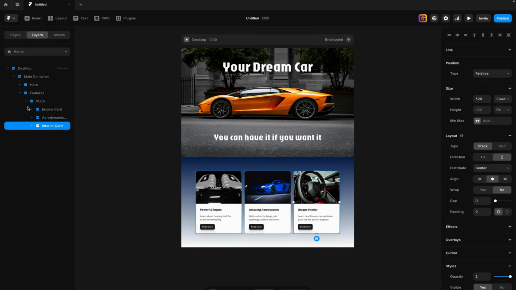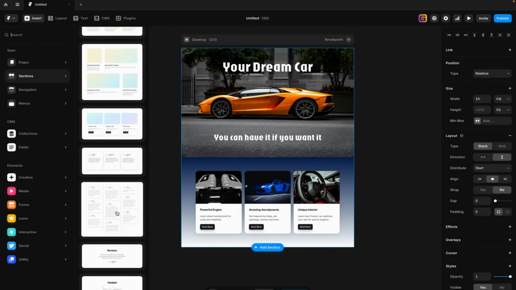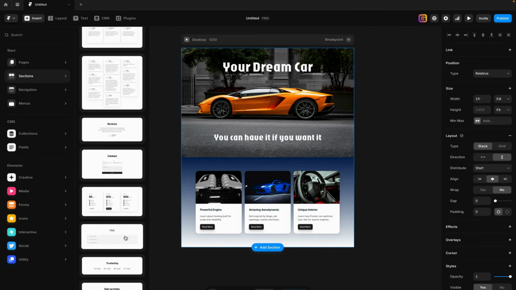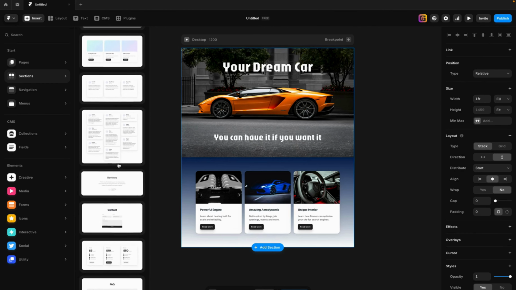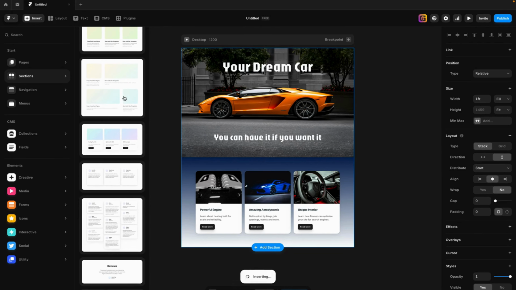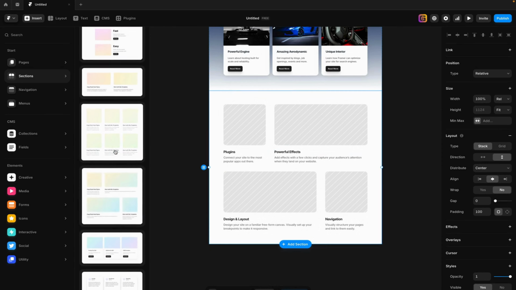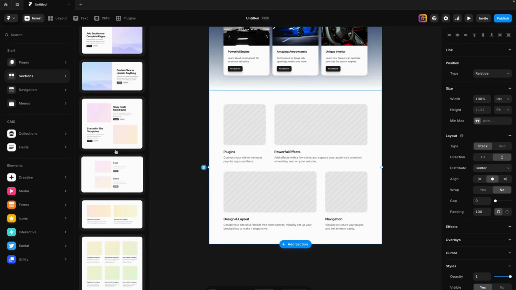There you go. All right, and now let's select the main container and let's add another section. Let's say insert section, and let's see, we can add something like, let's do this one. There you go. And by the way, guys, this is already built into Framer, but you can make your own. You know, you can just play around. But if you're starting out, this is a good option that you can use,